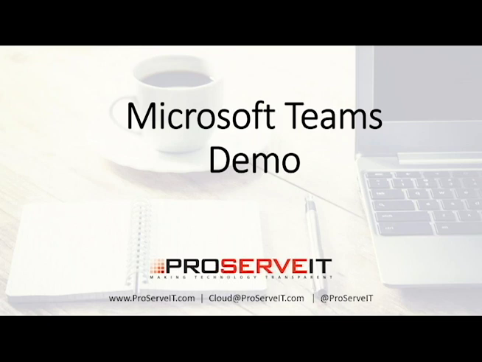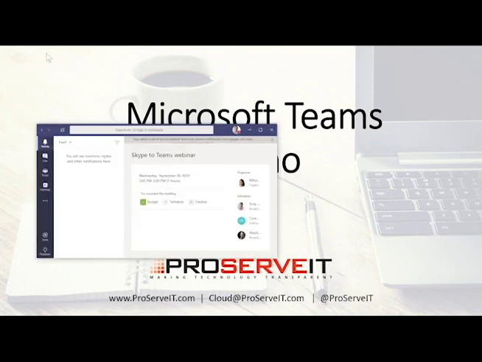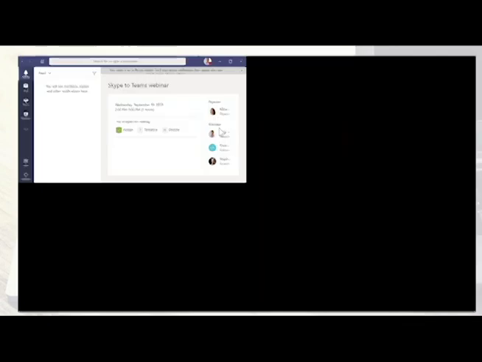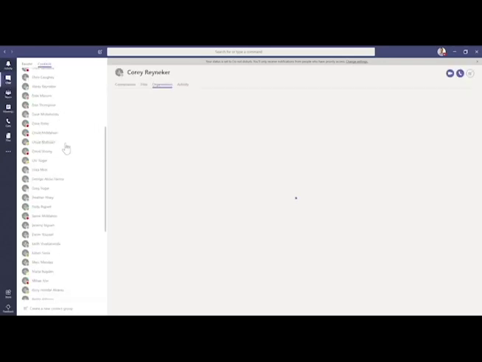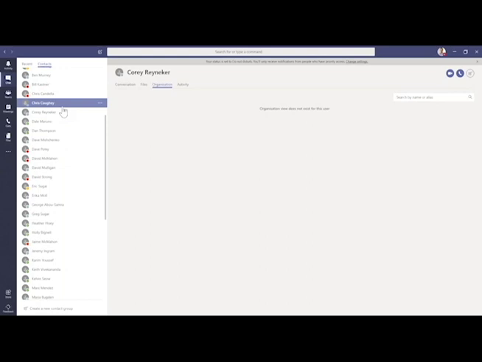So let me just pull up the Teams app. If you are not familiar with the Teams interface, this is it here. Most of your primary tabs are here on the left. As in Skype for Business, you'd have your chat window here. This is all of my contacts. And if you're using Skype today, all of your contacts are automatically synced between the two applications. And we'll talk about that in a few slides, how these two integrate with each other.